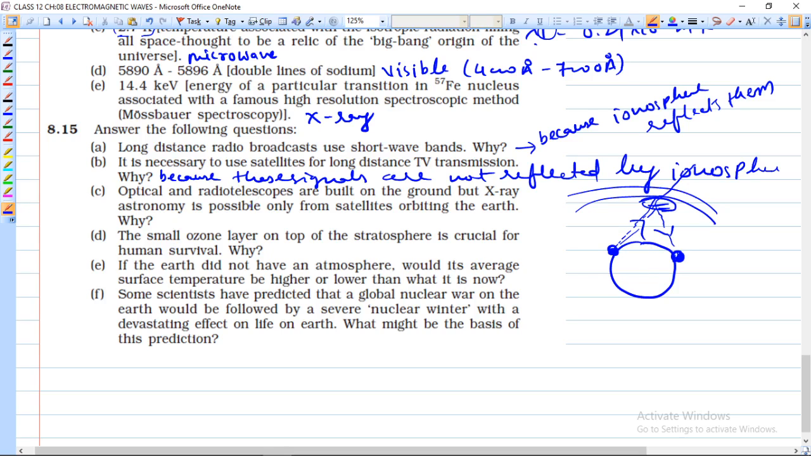ओके, optical and radio telescope are built on the ground, but X-ray astronomy is possible only from satellite orbiting the earth। अच्छा, देखिए, ऑप्टिकल मतलब कि लाइट वेव और रेडियो टेलीस्कोप ये ग्राउंड से ही हो सकती है, मतलब कि अर्थ पर से ही आप कर सकते हो, लेकिन एक्सरे से ऐसा नहीं कर सकते। मतलब किसी प्लैनेट पे एक्सरे भेजनी है तो आप अर्थ पर से नहीं भेज सकते। ऐसा क्यों, क्योंकि एटमॉस्फेयर एक्सरे ऑब्जॉर्ब कर लेता है।